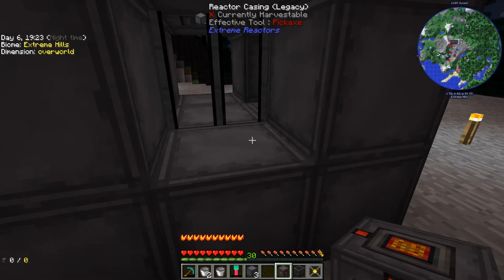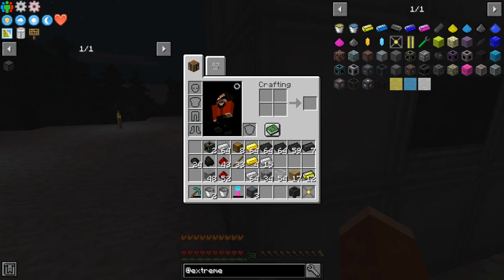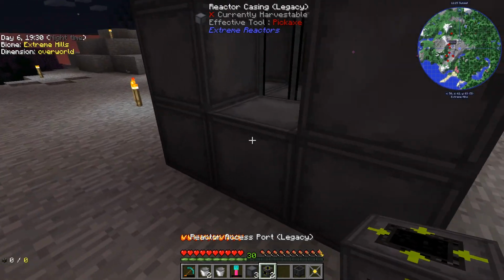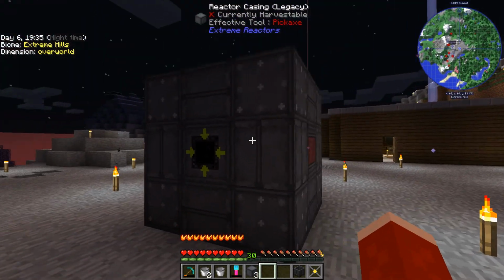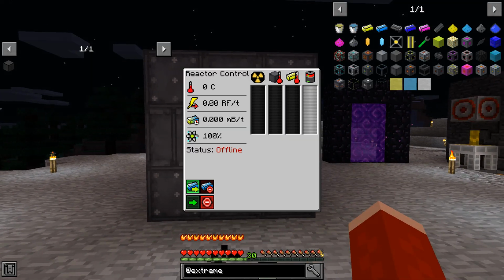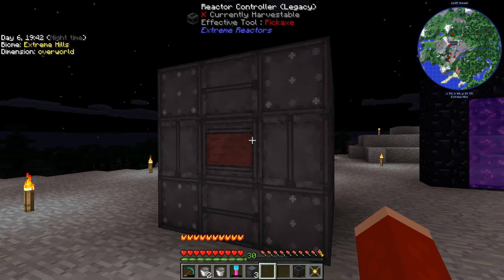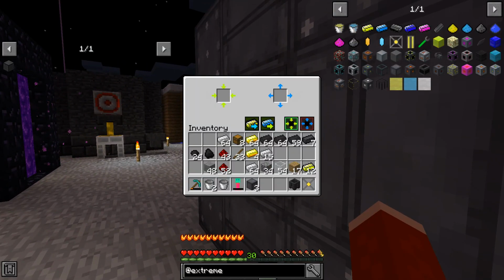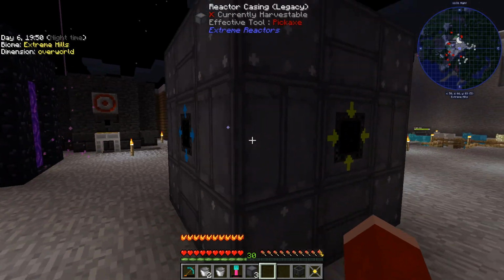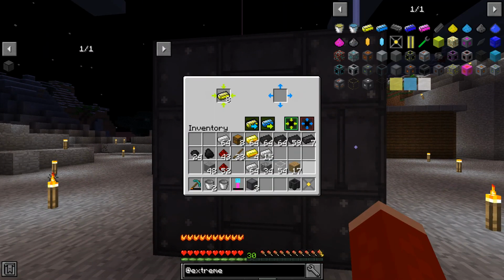Let's do this. Power tap. Reactor. 2 access ports, 1 and 2. Ah, there it is. Now I can access it. Yup. Sweet. My first big reactor and my first extreme reactor is complete. Let's change one of these to an output mode. Sweet. Now an input and an output. Good. Just the way we need it. Feed that some